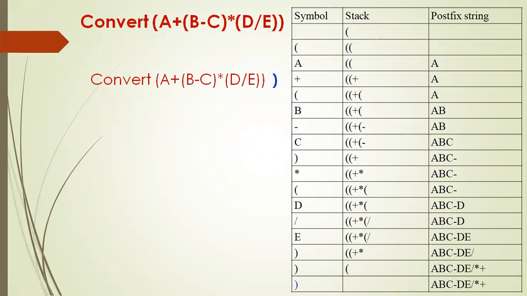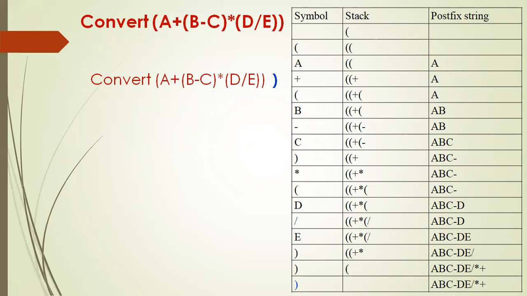Okay. Next symbol is B. It's an operand. If an operand comes, what you have to do? You have to add it to P. P already has A. Now B is added to that, and it becomes AB. Next, minus sign. If an operator comes, then you check whether the stack has any operator whose precedence is more than or equal to minus, because in that case you have to check the operators which are in front of the parenthesis. In front of the parenthesis, no operator is there. So simply add the minus sign to that.